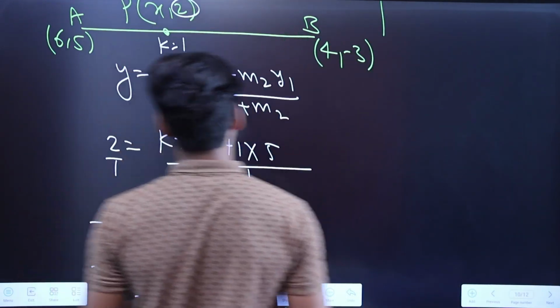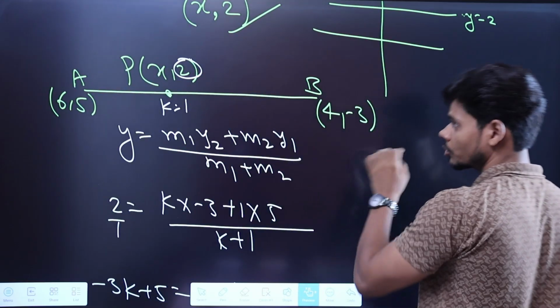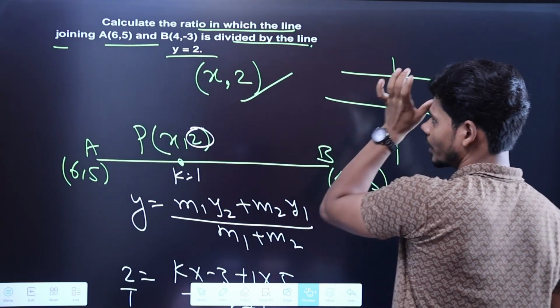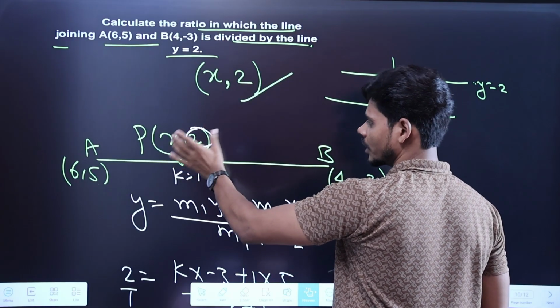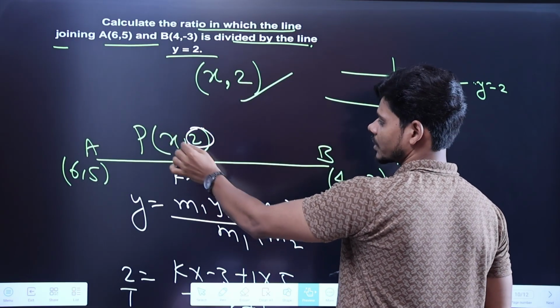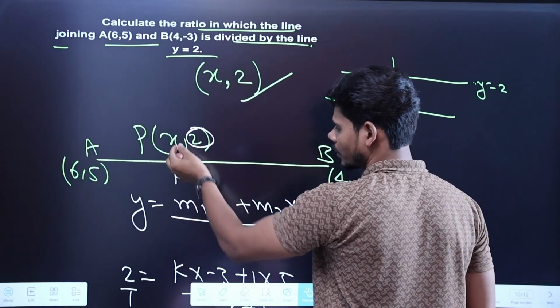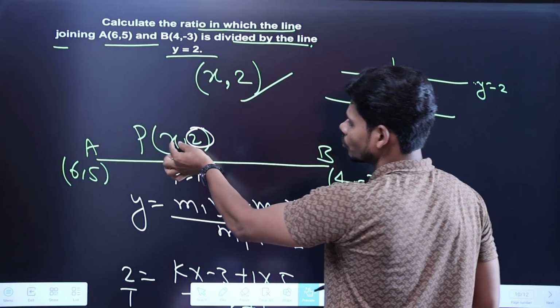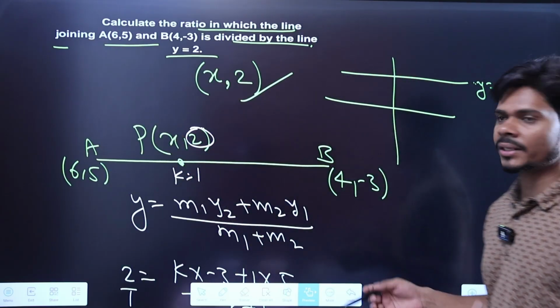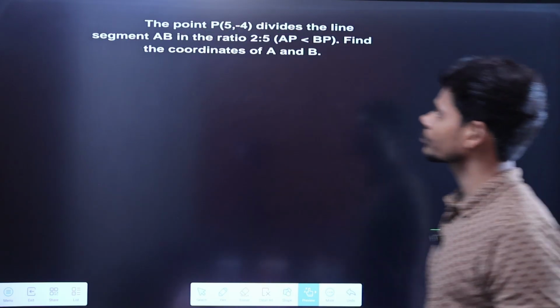Now in this question you also have to find the coordinates of P. No, they have not mentioned finding the coordinates of point P, the dividing point. But if you want, you can find it, because you already know the values of m1 and m2, 3 and 5. So you can apply the formula for x to get that particular point. Okay na?